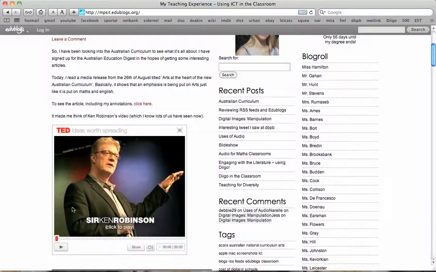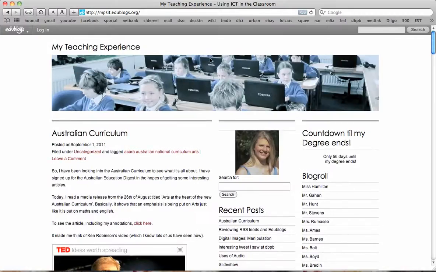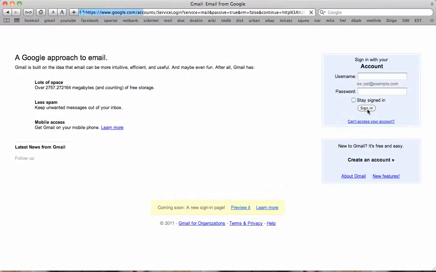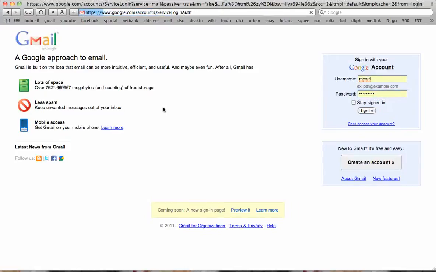I've put just a video embedded in here about whether or not schools do support creative thinking, which Ken Robinson talked about. The other thing that I will be doing is using Diigo to annotate articles that I will receive from the Australian Education Digest. So I'll just quickly show you